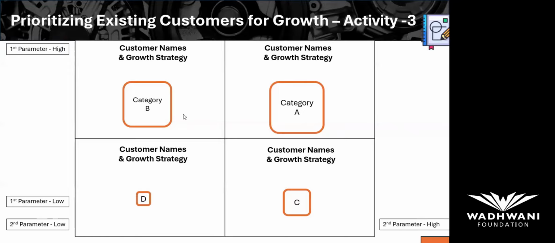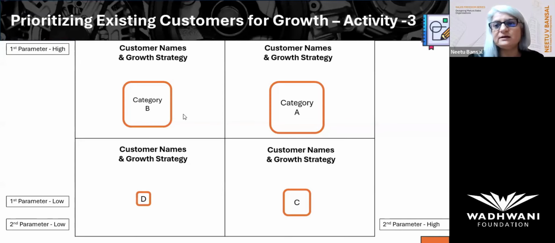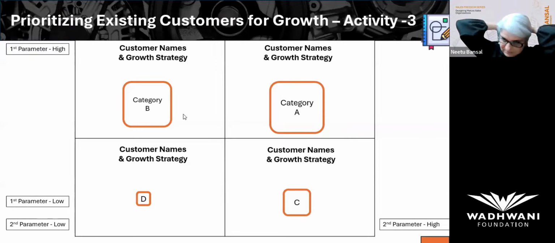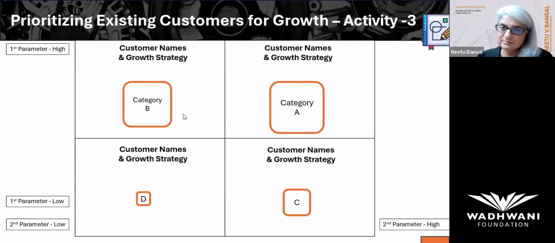Neetu, I think this is a good idea, but the problem is how do we classify? I think the sales guys can classify these customers somewhat, but is there any tool or anything which we can have? For this, you need your data, numbers, Rajesh. What are your current numbers? What is your revenue? What is your customer data that you have? Profitability data per customer, revenue data per customer, their own market size. You need that data for you to be able to do this.